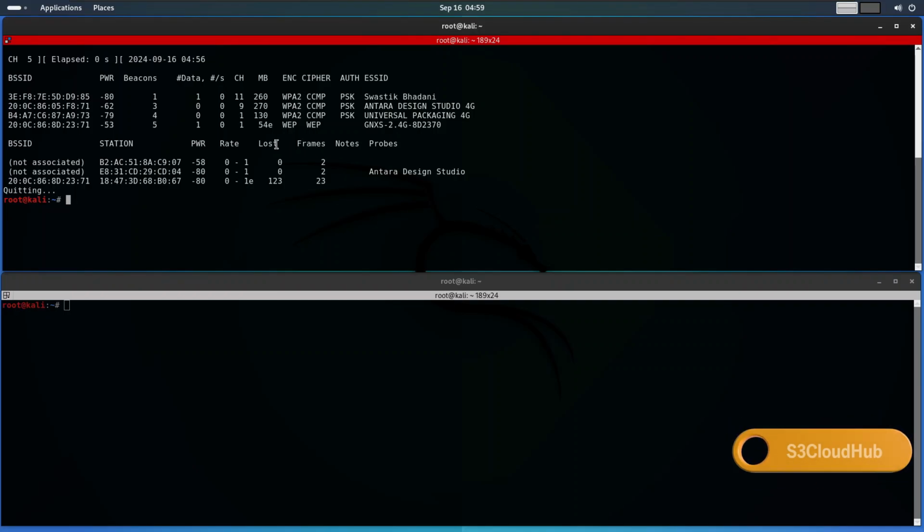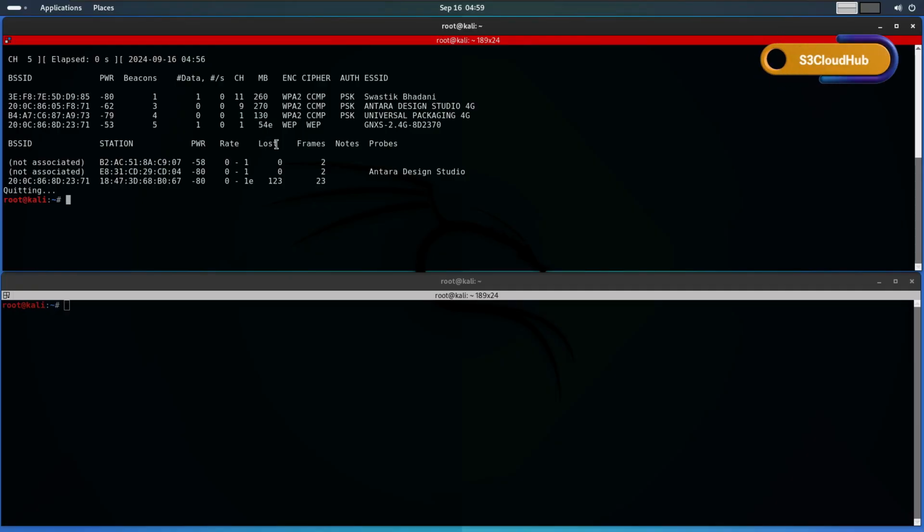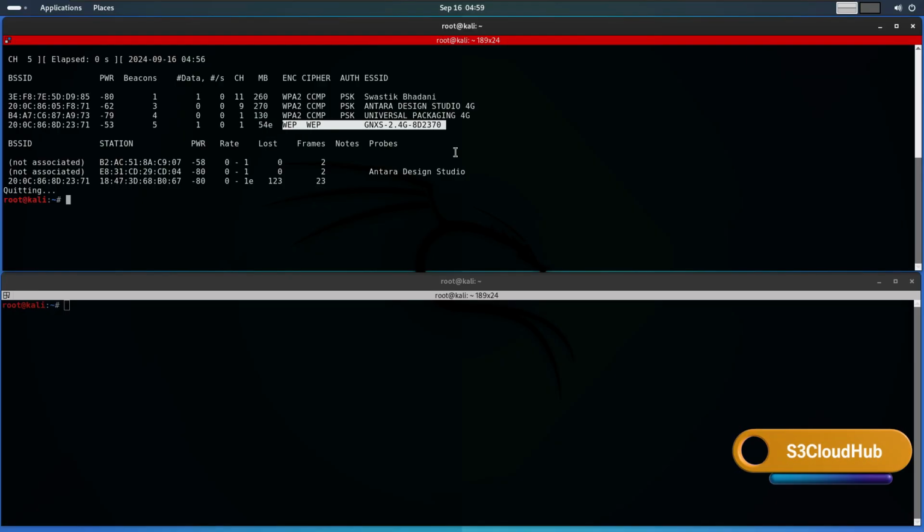Running Airodump-ng lists all the networks around me, and as you can see, we have one network using WEP. It's called GNXS 2.4 GHz. For the purpose of this demo, I have configured this network to use WEP. Next, I am going to target the network by running